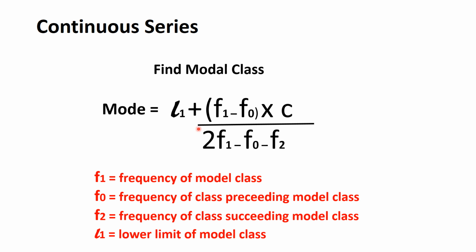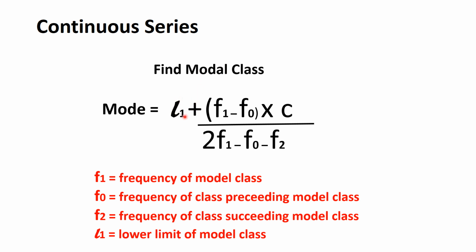Now we can explain each one. L1 is the lower limit of the model class. The model class we have found already, that is based on the class with highest frequency. The class having highest frequency is the model class, and from that model class we have to find the lower